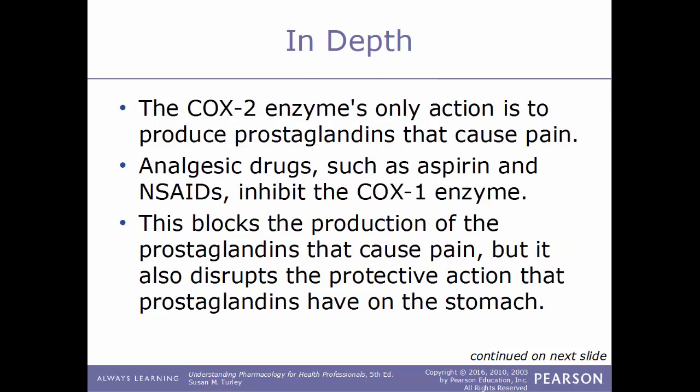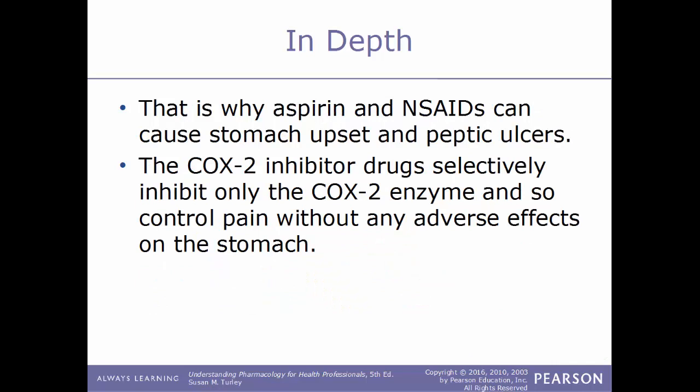So analgesic drugs like aspirin and NSAIDs inhibit the COX-1 enzyme. So this blocks the production of the prostaglandins that cause pain, but it also disrupts the protective action that prostaglandins have on the stomach. This is why aspirin and NSAIDs can cause stomach upset or peptic ulcers. And the COX-2 inhibitor drugs selectively inhibit only the COX-2 enzyme, so they control pain without any adverse effects on